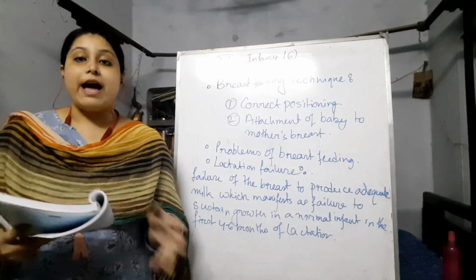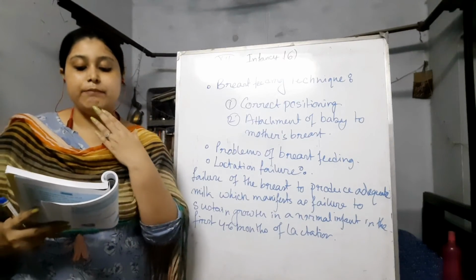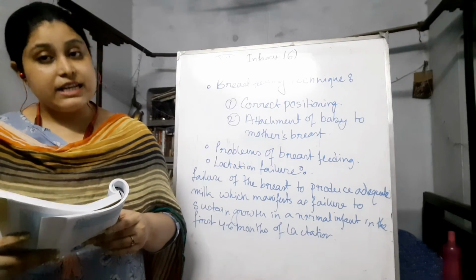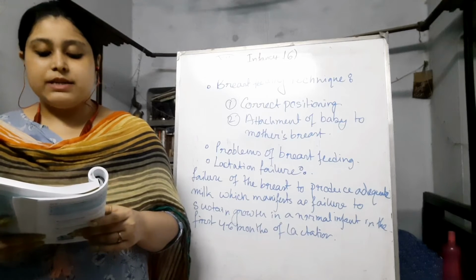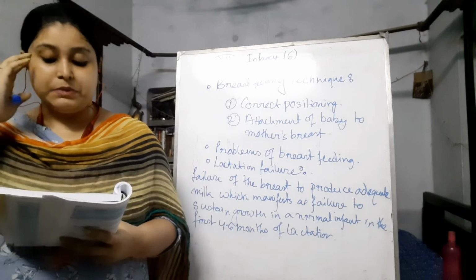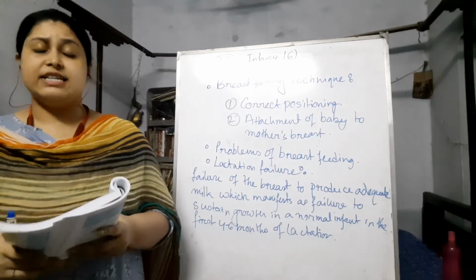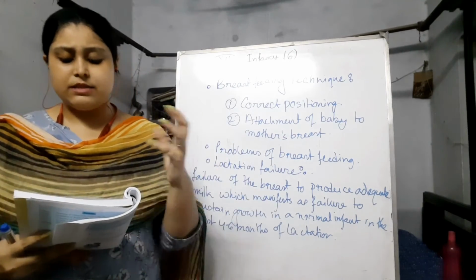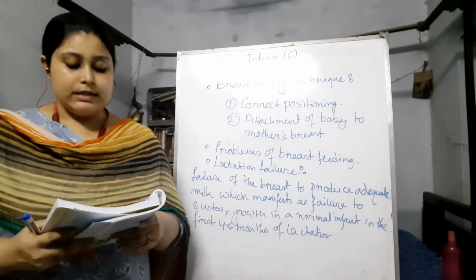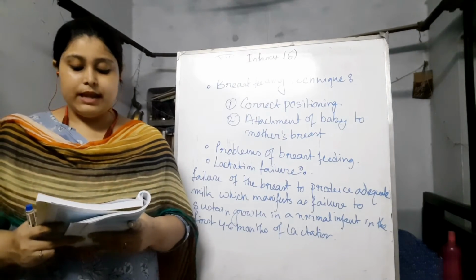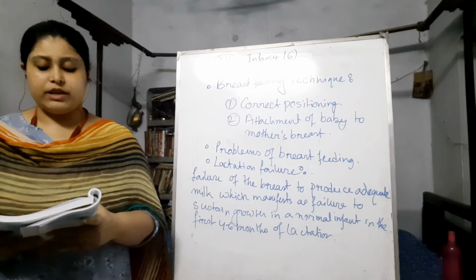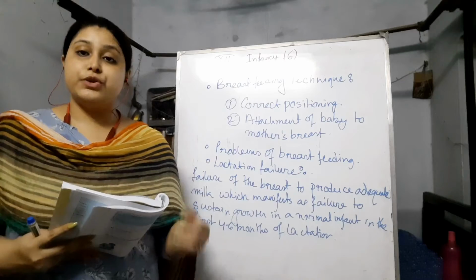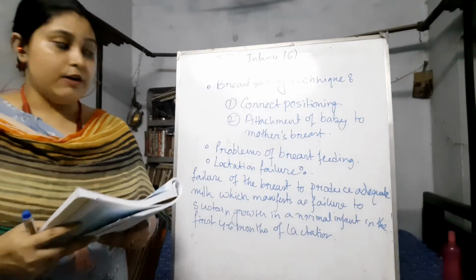So what are the factors that can affect it? Maternal causes include lack of motivation, sickness of the mother, and problems in the breast, that is structural problems, cracked nipples, engorgement, metastasis, abscess. Many things can happen. Previous unplanned experiences and obstetric problems like caesarean section or infected stitches can sometimes be a problem for the mother in giving the child breast milk.